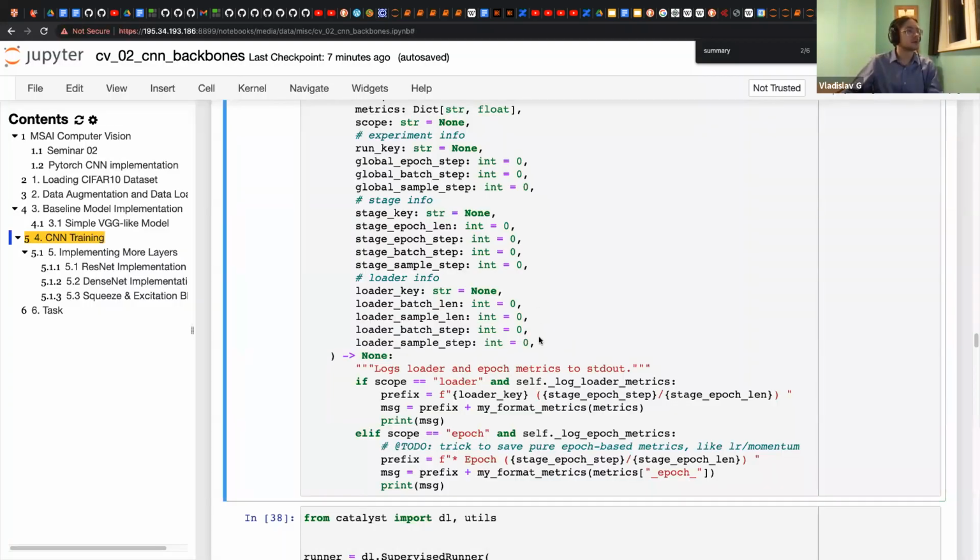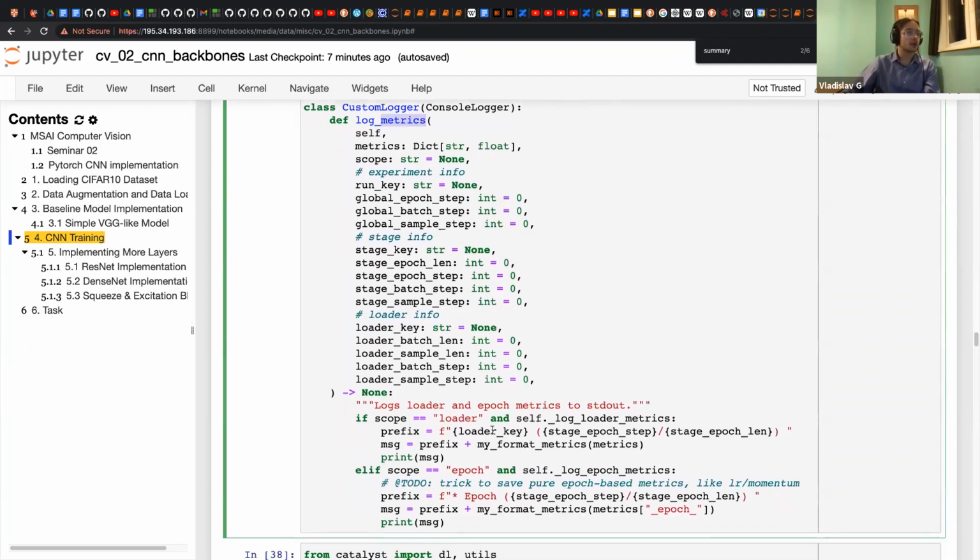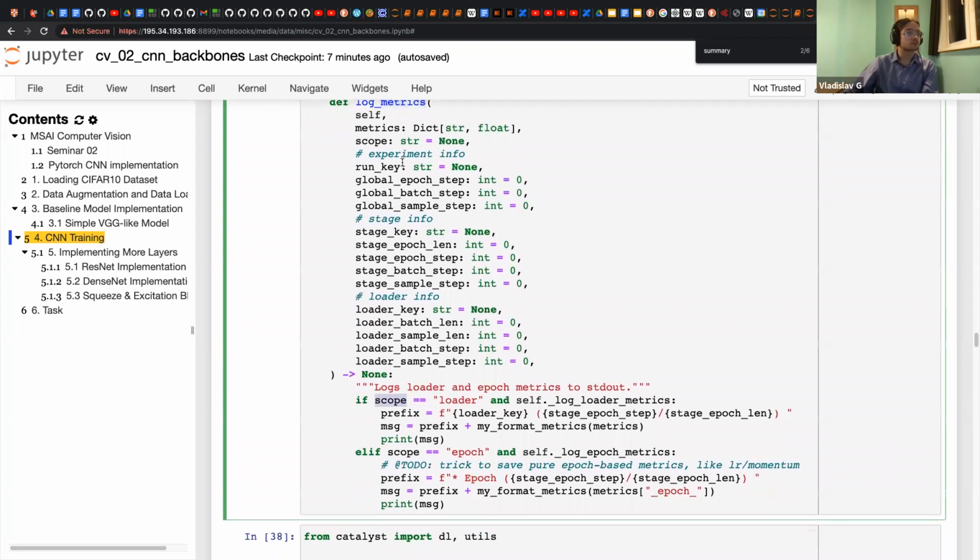So let's go here, and here we need to log a metric. That's why we define such a function. And here we have, for example, scope. In this case, we have two scopes.